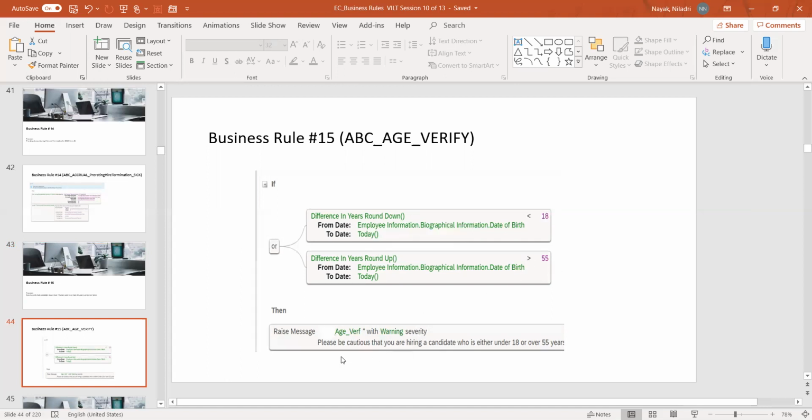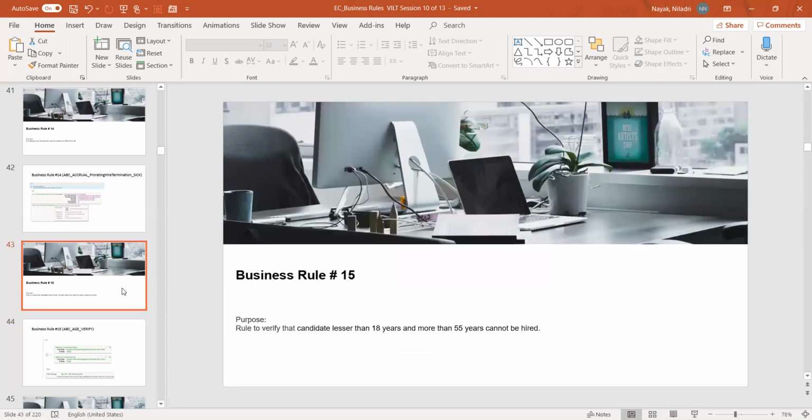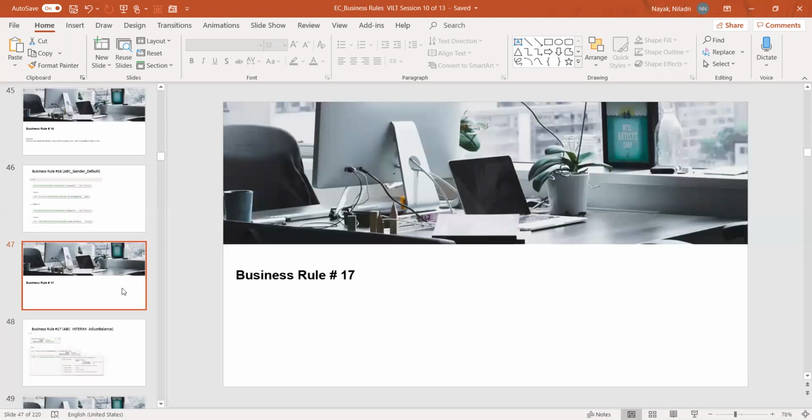it should give some warning: the recruiter will get a message saying please be courteous, that you are hiring a candidate who is either under 18 or over 55. It is as simple as that. It looks like a very simple rule. It will come under your recruiting category, or it can be a combination of both, because it's an age related factor, verification of age and all. This is another business rule example which I have given. Other than that,